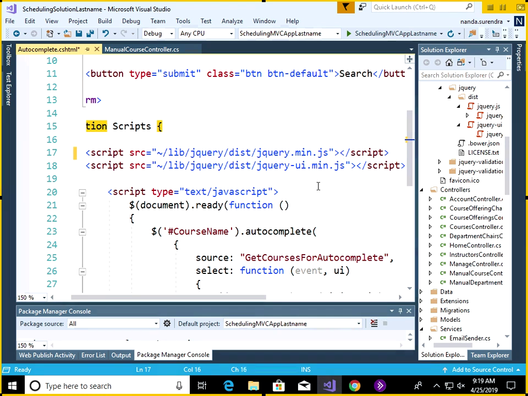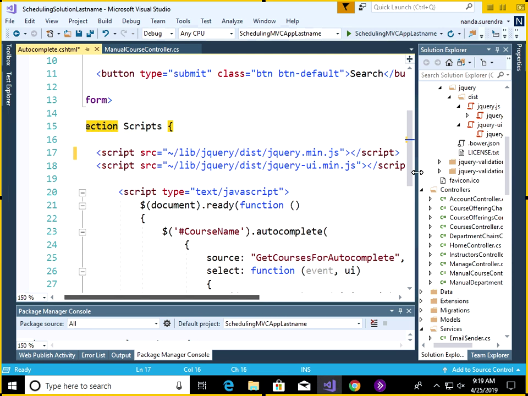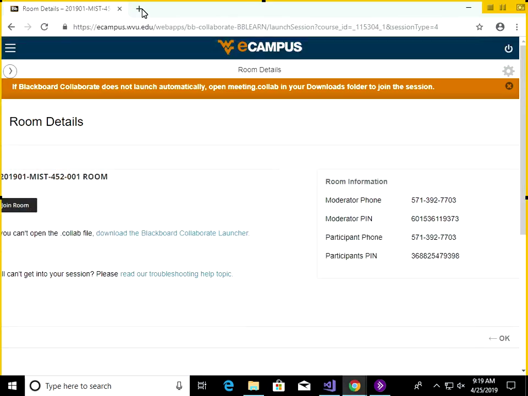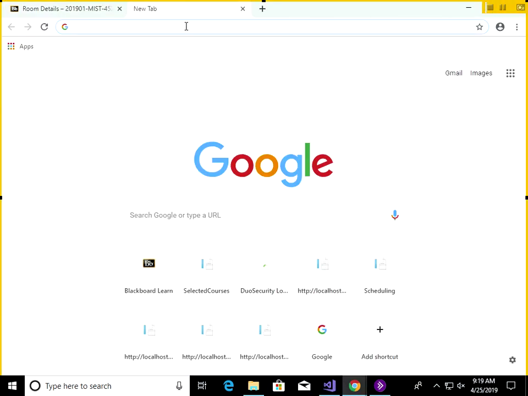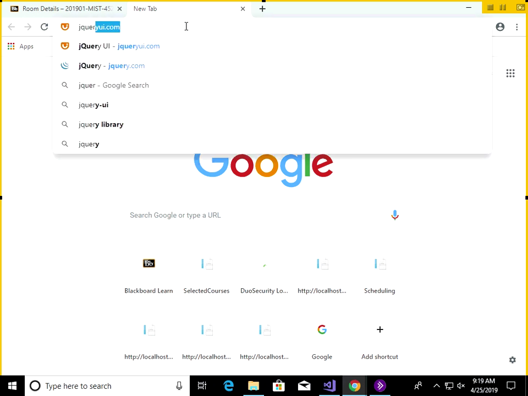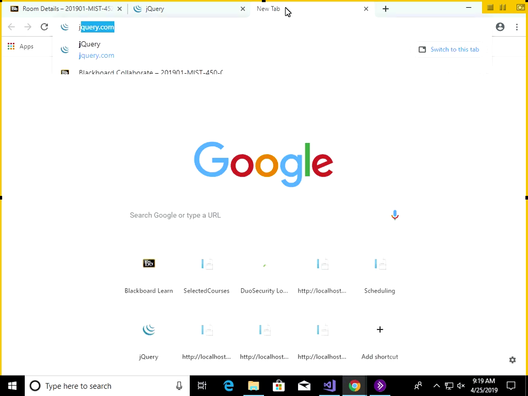Where do you find these if you don't already have them in your application? I found jQuery was already there. How many of you, when you go into this, see jQuery? How many of you see jQuery UI? You don't see it, so where do you think you need to go? There are two places to go. jQuery itself, if you don't find jQuery, it is jquery.com. This is open source. And if you want to find jQuery UI,